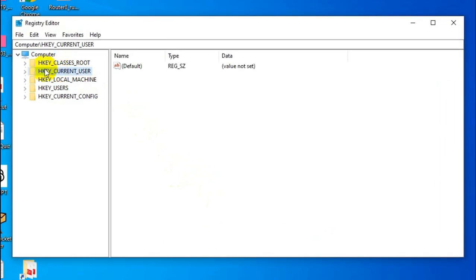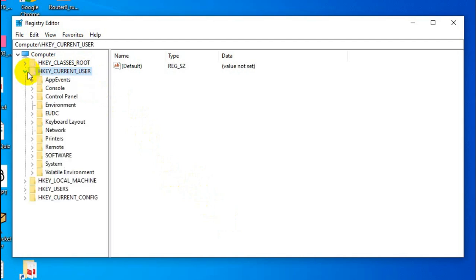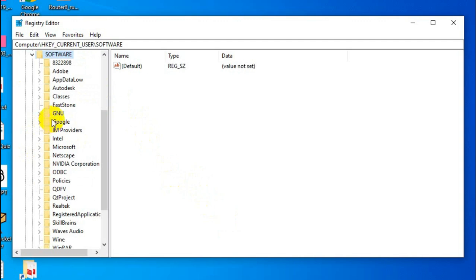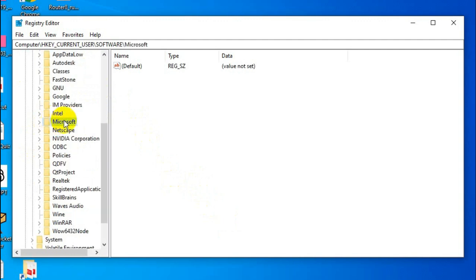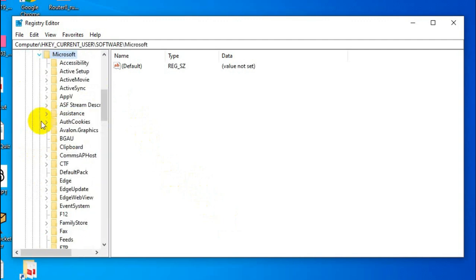Now expand HKEY_CURRENT_USER. Now expand Software. Now scroll down and then expand Microsoft. Here you will find an option, Avalon Graphics. Just select Avalon Graphics